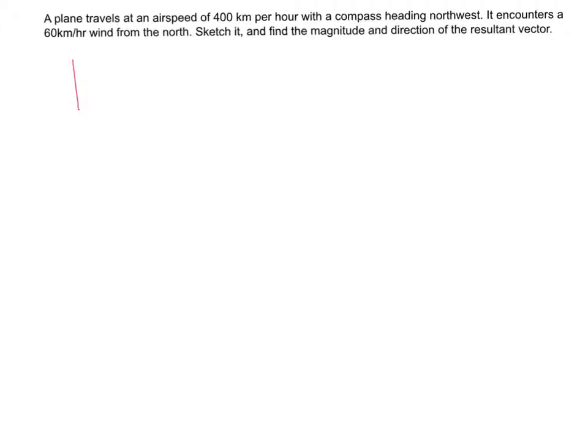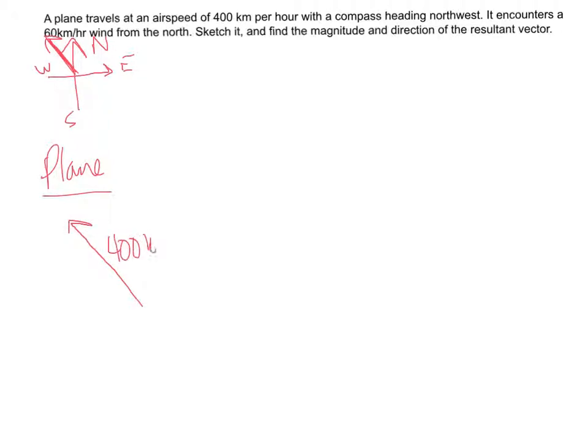So just kind of draw a little compass here. That's north, west, east, south. So it's heading northwest, it's heading up in this direction up here. So the plane vector is going to be heading northwest at 400 kilometers per hour. Okay, and that means that this angle here is going to be a 45-degree angle, because northwest is halfway between